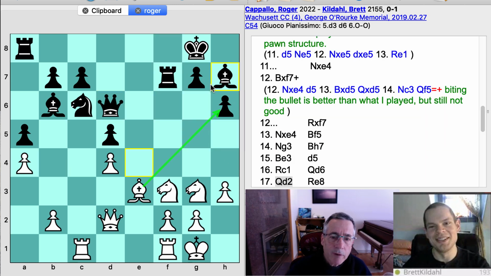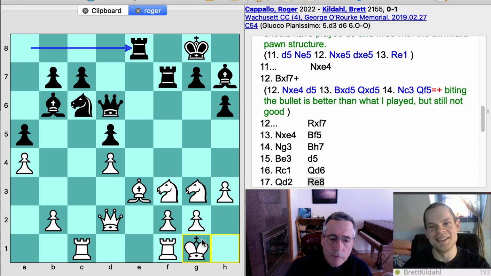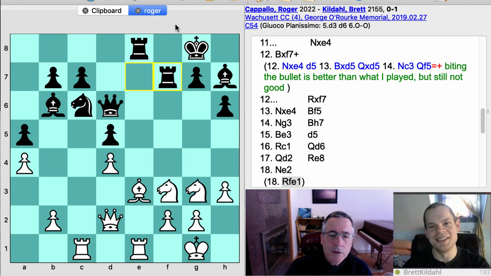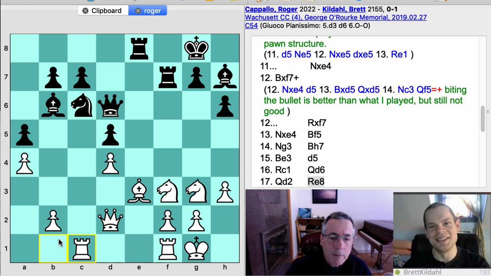He has it adequately defended with his g pawn and his queen or possibly his rooks. He played his rook to e8, which surprised me a little bit. I expected it to go to f8. And I momentarily toyed with ideas of things like rook to e1, so that if he did nothing, I could do a discovered attack with bishop to. Well, actually, I'm sorry, that's the wrong rook. It wasn't the f rook. It was